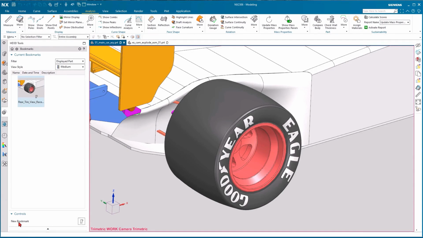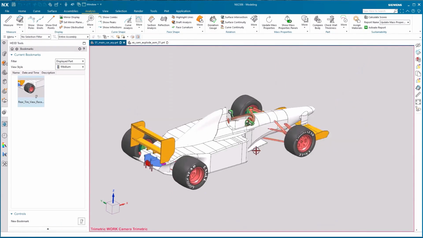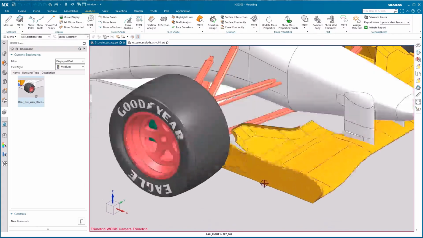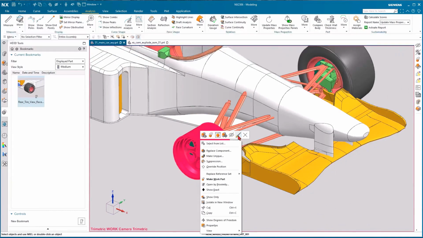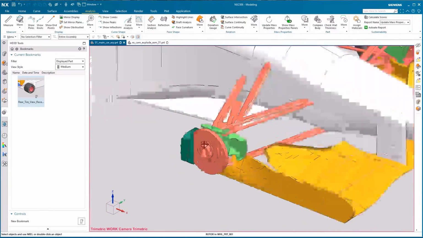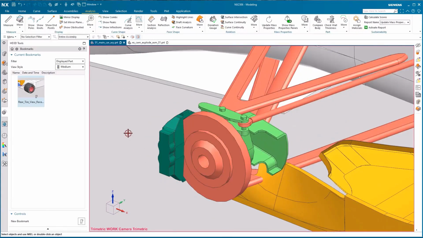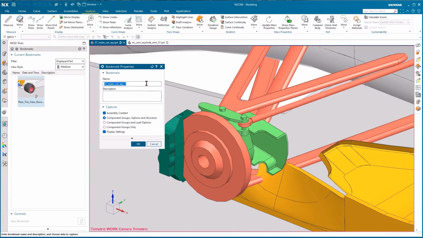And we can also create a new bookmark from this panel here by selecting the new bookmark icon here. So what I'm going to do here is rotate to the front of the car here, right click, hide the tire, hide the wheel, and we'll zoom up on the brake assembly here. And we'll save a bookmark right now. So we'll go to the new bookmark option, click on new bookmark, and we can give that a name. So I'll go ahead and name it main car assembly 1,